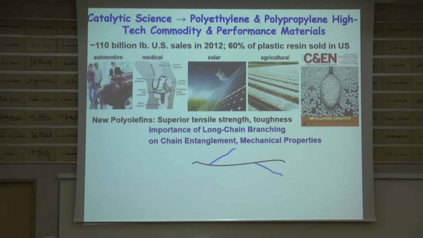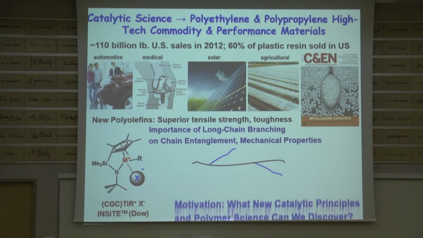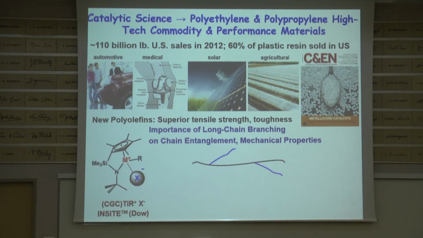And the remarkable thing is, one catalyst, and what do I mean by a catalyst? Whoops, so there's an example of a catalyst there. One intricate molecule here, depending on the architecture, depending on the anion, I can feed it ethylene and I get some sort of oily, slippery stuff which I could use as a lubricant. Another catalyst could give me a crunchy powder, very high molecular weight, which I can use for this kind of application. Another one can give me incredibly strong, lightweight, flexible films.